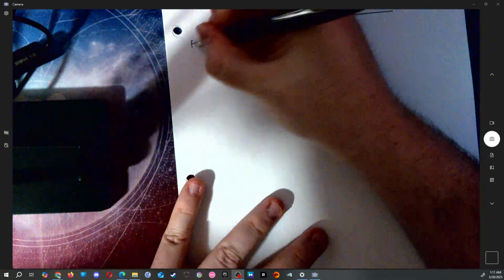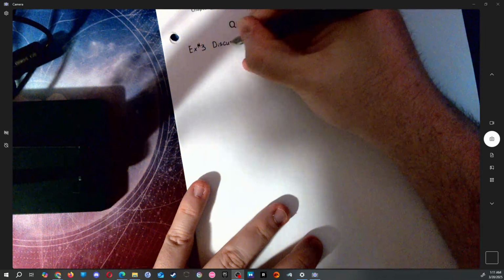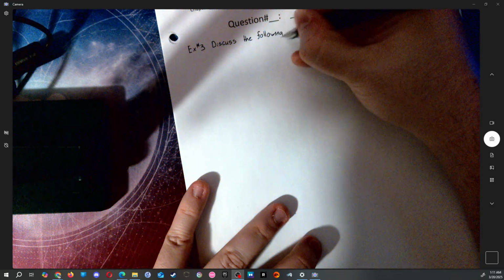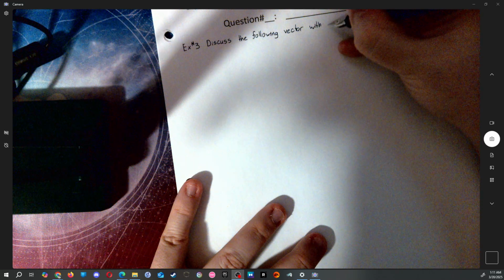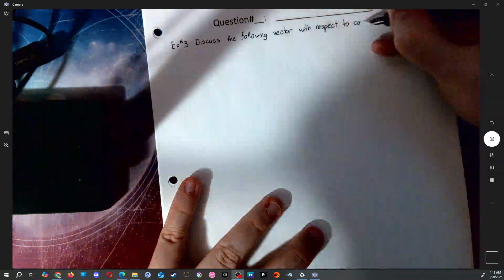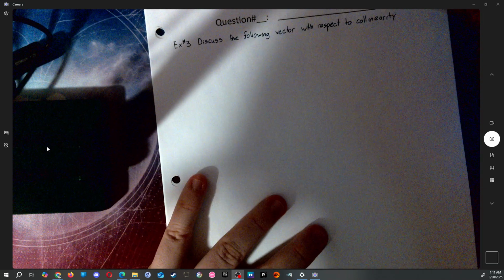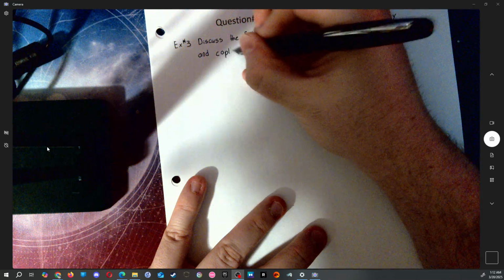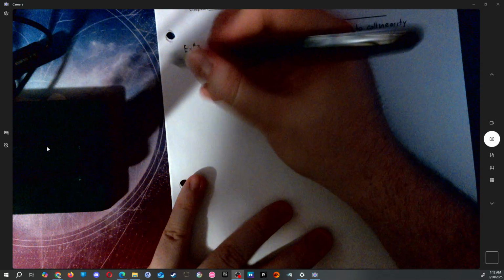So example number 3, bear with me while I copy this. Discuss the following vectors with respect to collinearity and a word that I don't say very often, so coplanarity. So whether they're collinear or not, or coplanar or not, and we'll have to find